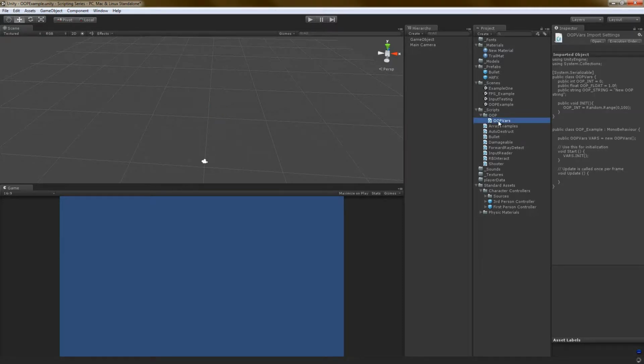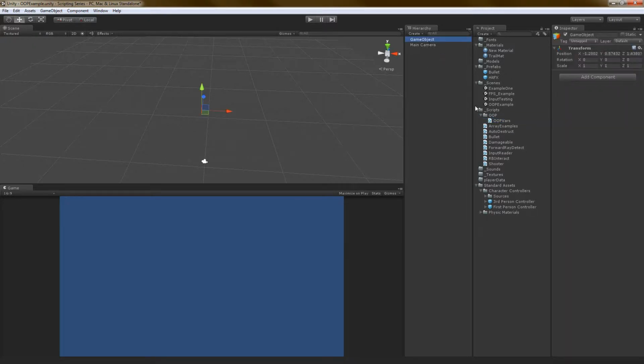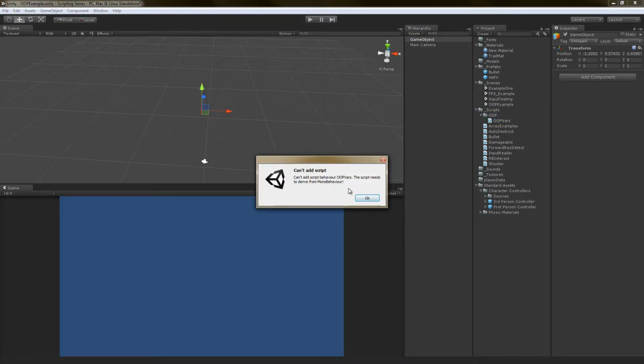We don't have an underscore in the name. It should say that we can. It should let us do that. Oh, okay. Yeah, okay. So can't add it because it doesn't extend from a MonoBehaviour. I believe if we also extend it from Component, it'll also work, I think. But yeah, so the reason why that is, Unity